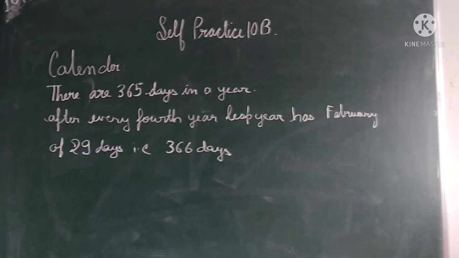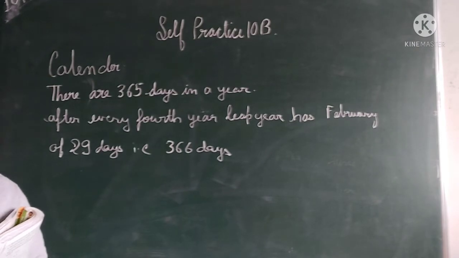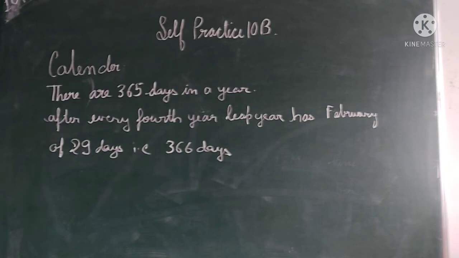Okay. Now next is, which month has how many days? In which month how many days are there in number? So this we talk about the number of days in a year. The total how many days are there? Normal year 365 days, and in the leap year 366 days because of one leap day. Okay.